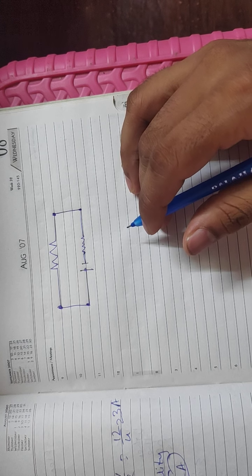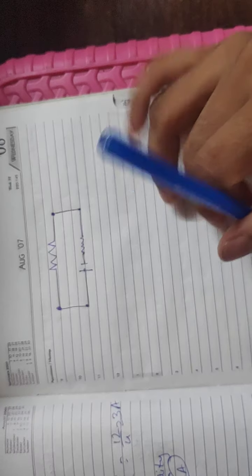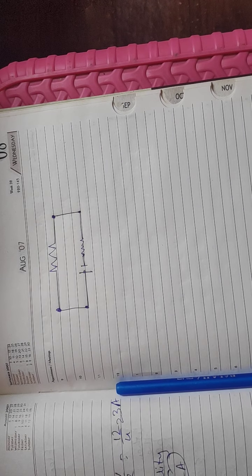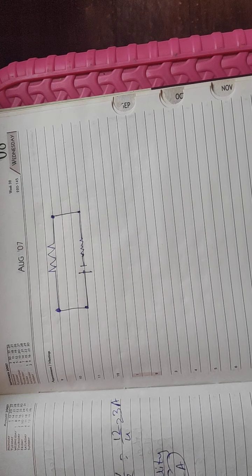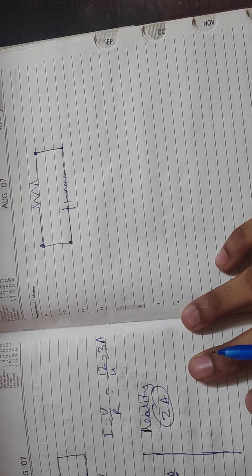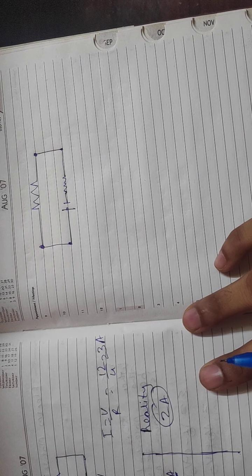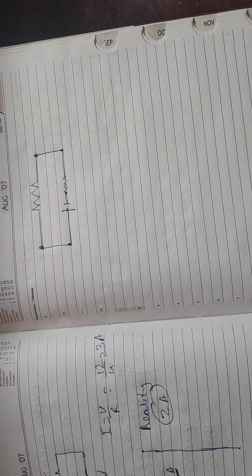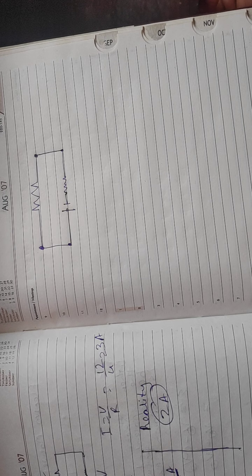Suppose I say you need to write all the theories of this chapter today itself, then what will you do? Many of you will be excited, but when you go on writing, there will be some internal resistance resisting you. No, I can't write today, or there may be any other resistance also. So there may be two types of resistance. If the conditions don't allow you, that will be external resistance. If you yourself think that no, I can't do it, if your body says that today I can't complete it, then that will be an internal resistance inside your body.